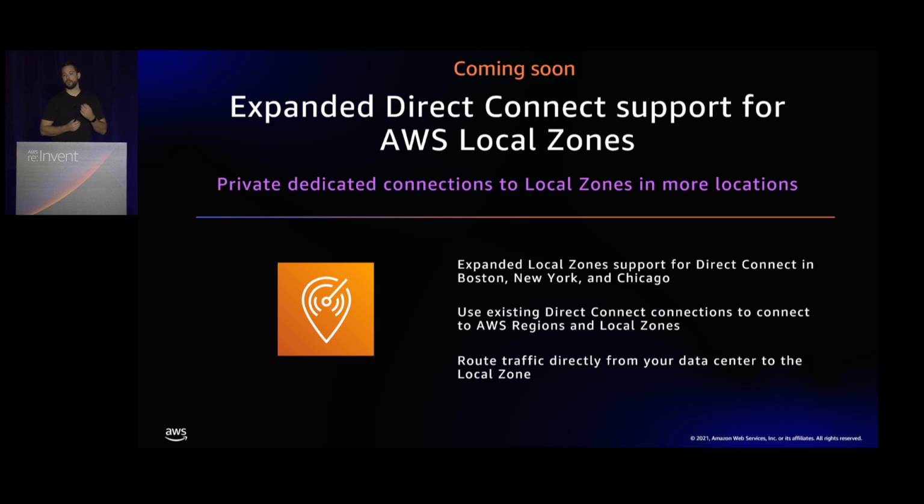For example, we've got our US West 2 region up near Portland. We've extended that region down to LA. You can deploy things in LA in the same VPC using a local zone. LA supports Direct Connect. We're expanding that Direct Connect capability to other local zones like Boston, New York, Chicago. So that's going to bring a lot more private connectivity into things like local zones in the future.